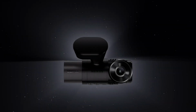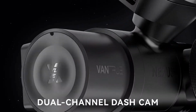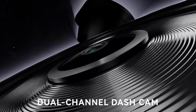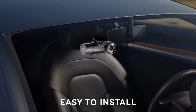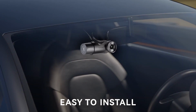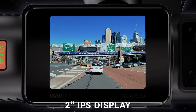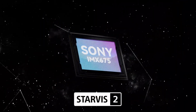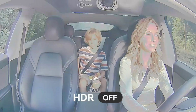Number 3. Antrue N2X 2.7K Dash Cam. The Antrue N2X 2.7K dash cam is a versatile dual camera solution designed to provide reliable recording for both the road and the vehicle interior. Its high-resolution front camera captures clear driving footage, helping preserve important details such as vehicles, road conditions, and unexpected incidents. The interior camera adds extra security, making it especially useful for rideshare drivers, families, and anyone who wants additional protection